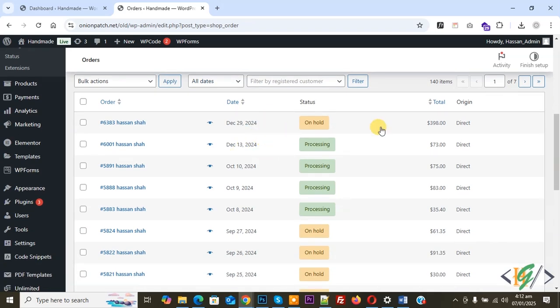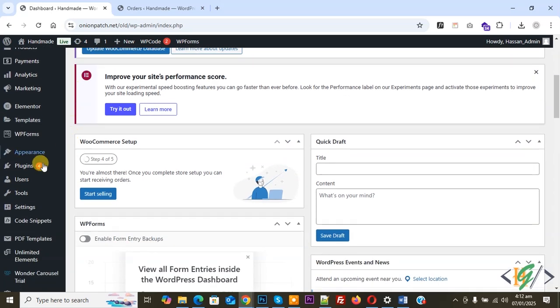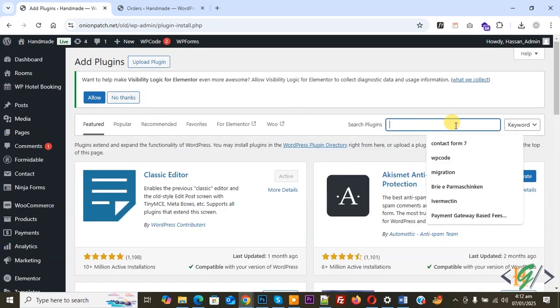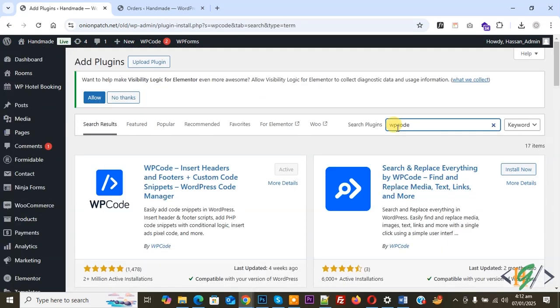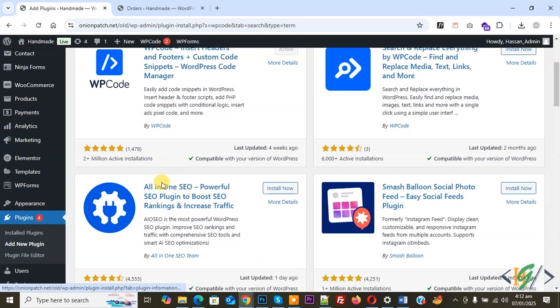Now go to the dashboard. On the left side you see Plugins, so click on Add New Plugin. Then in the search plugin, write WPCode. So this is the plugin WPCode, Insert Headers and Footers, we will use. You will install this plugin and activate it, and after activation on the left side you see Code Snippets, and